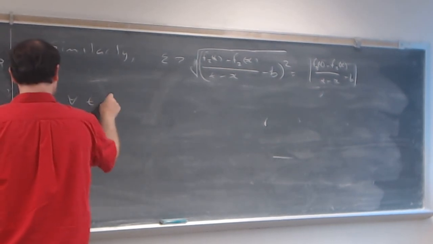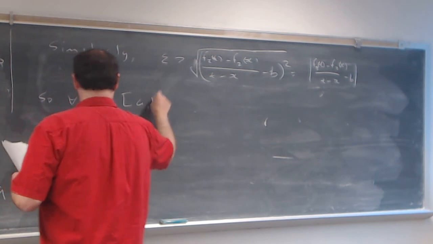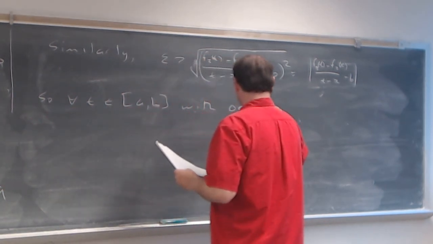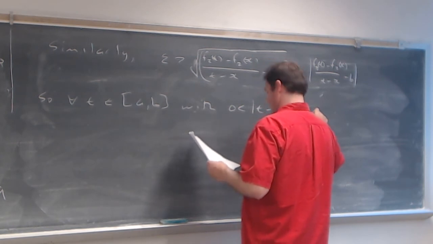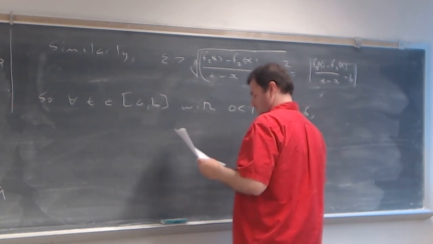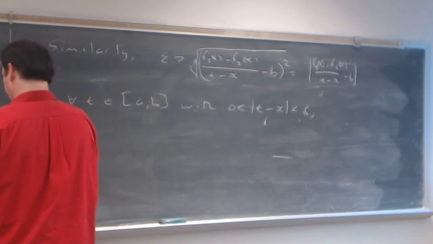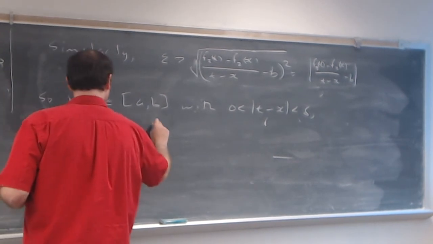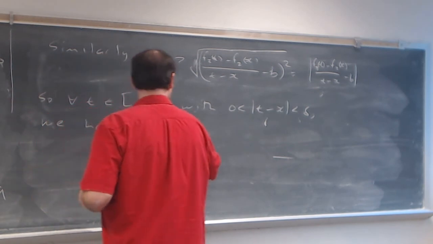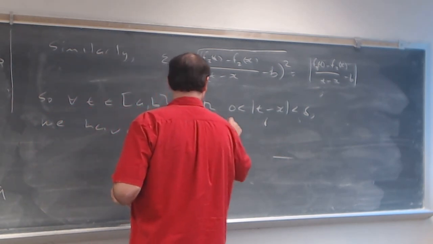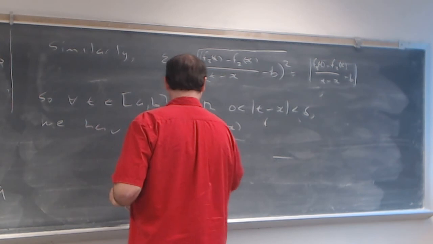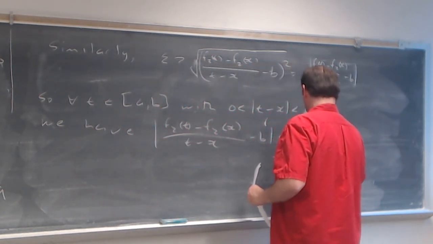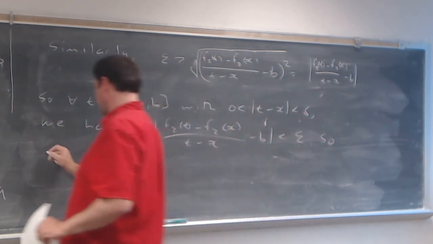So, for all t elements of a to b with 0 less than t minus x less than this particular delta, we have the absolute value of f sub 2 of t minus f sub 2 of x all over t minus x minus b is less than epsilon. So what that says is that the limit